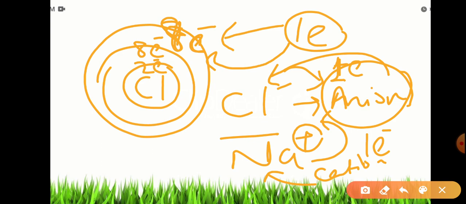So the valency of an element is determined by the number of electrons present in its outermost shell. So we will come to our main topic, that is valency. What is the valency of carbon? Carbon is C6. What is the atomic number? 6. So we have to write its configuration 2 and 4. So carbon's valency is 4. Why is its valency 4?